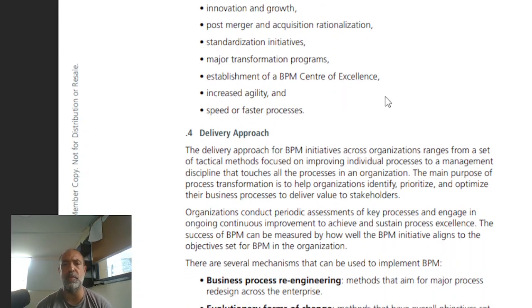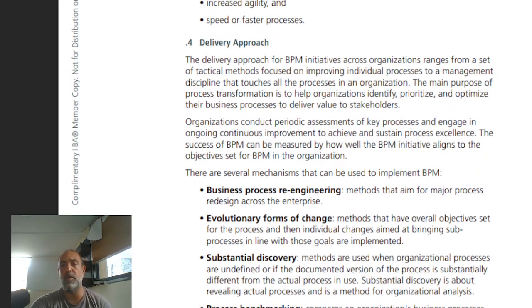Increased agility and speed or faster processes. The delivery approach for BPM initiatives across organizations ranges from a set of tactical methods focused on improving individual processes to a management discipline that touches all processes in an organization. The main purpose of process transformation is to help organizations identify, prioritize, and optimize their business processes to deliver value to stakeholders. Organizations conduct periodic assessments of key processes and engage in ongoing continuous improvement to achieve sustained process